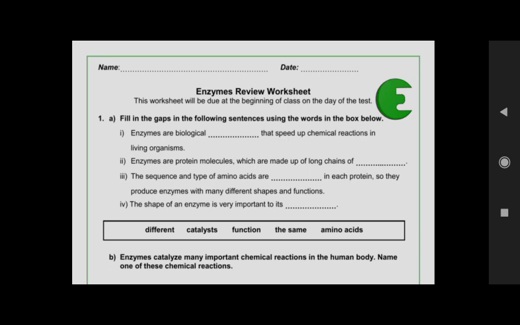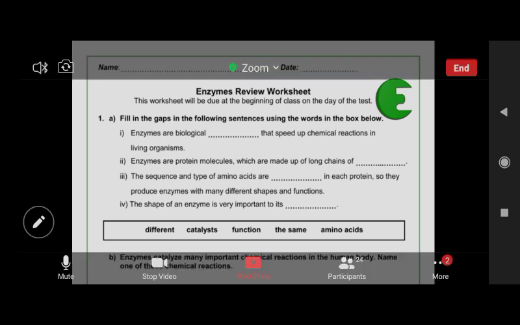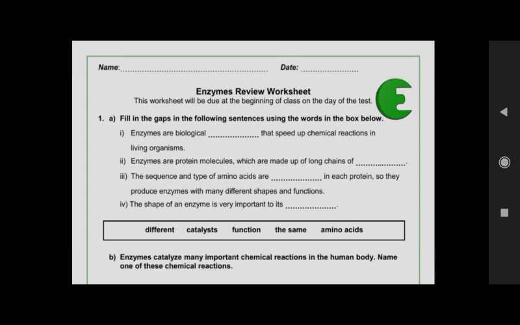Okay, students, one thing you can do, take the screenshot of the worksheet. First take the screenshot of the upper part which I have enlarged. There are some fill in the blanks with the help box. First take the screenshot of question 1, and then I will tell you to take the screenshot of question 2. Done? Have you taken the screenshot?